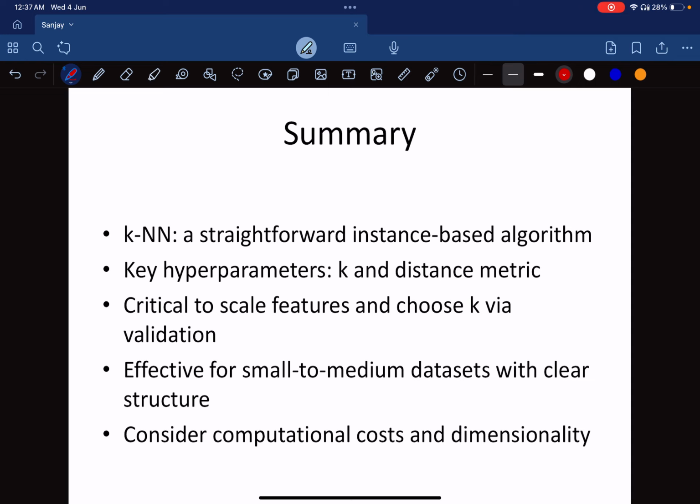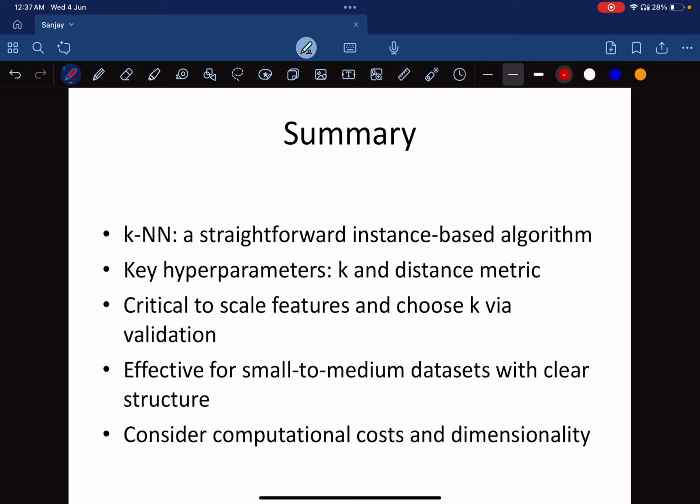Distance metrics like Euclidean distance or Manhattan distance we choose based on the problem, and it is critical to scale features. For choosing K we use validation. There are two methods, as I told, the elbow method and the cross validation method, because choosing K plays a vital role in this model, and we always prefer K as an odd number,